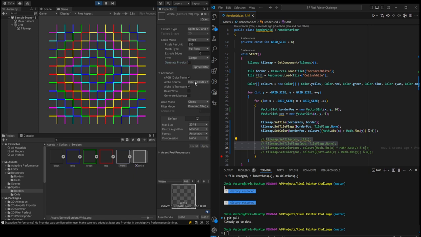Yes, RGB color alpha. Alpha is transparent. Generate mip maps. Wrap modes. Maybe I should try 256. No compression. All this seems to be